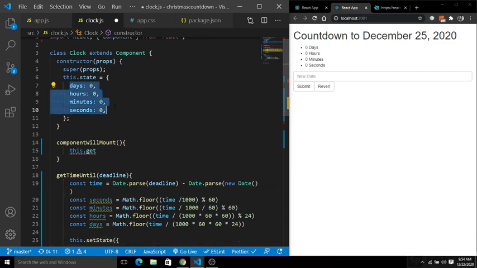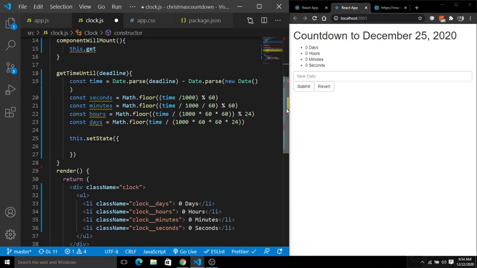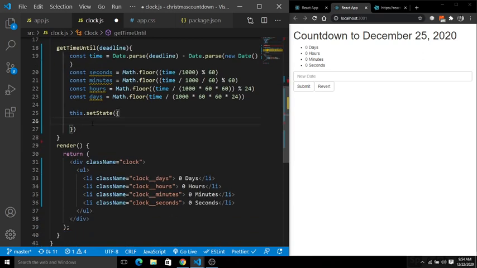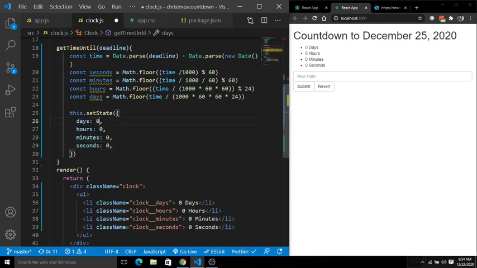For this I am going to copy all these things and put everything here. Instead of 0 we have days, instead of 0 hours we have hours, instead of 0 minutes we have minutes, that state we have already set here, and we have seconds. Now we are done with this.